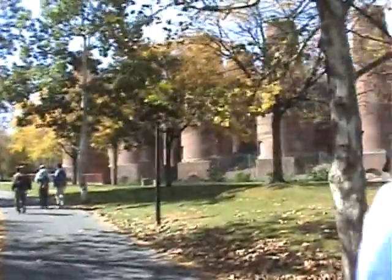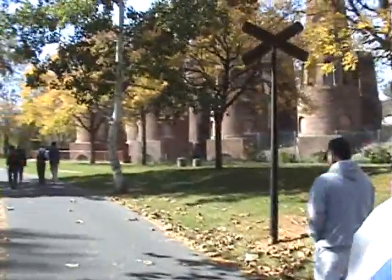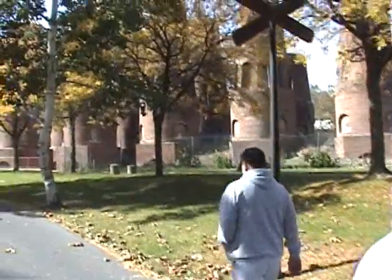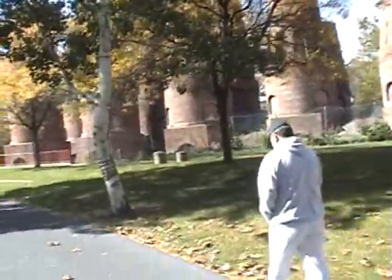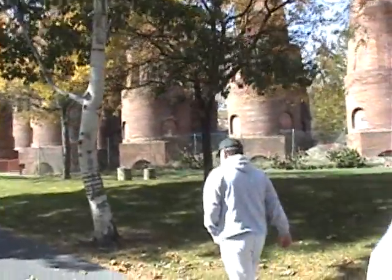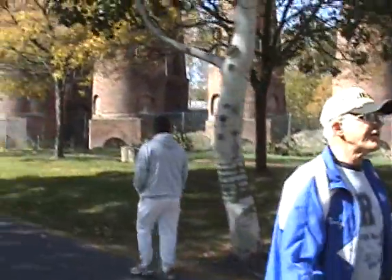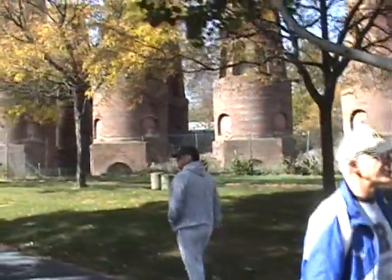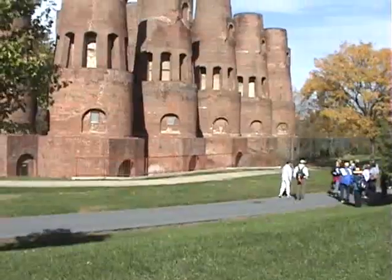So David Saylor came over here and he built these Schlofrin kilns to prove the process for making Portland cement. These were only used for like 10 years. And then after he proved the process, across 2nd Street, he built the famous Saylor Portland Cement Company, which later on became...